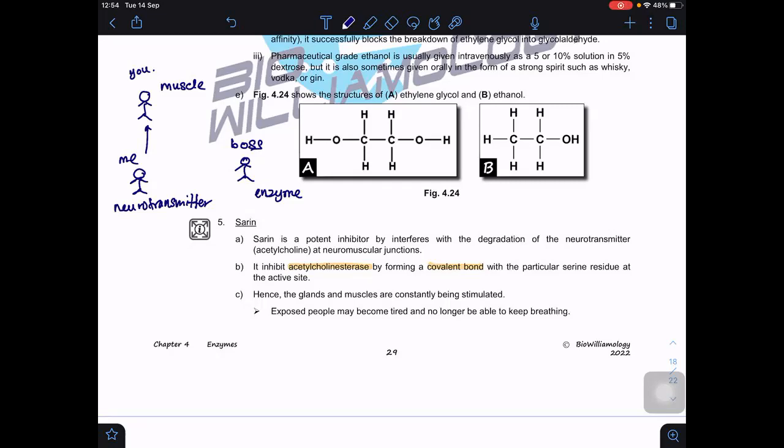The neurotransmitter will give the instruction to the muscle: contract. The boss is the one that says, okay, your job is done. So basically I ask you to jump, you jump one time, and then my boss says, okay, enough, no need to do anything. But now the problem is this enzyme, my boss, is inhibited by serine. So my boss is quite quiet already, silent, can't do anything. Are you clear? Because it is inhibited. So what will happen here? Because the boss didn't give me instructions to say no need to jump,